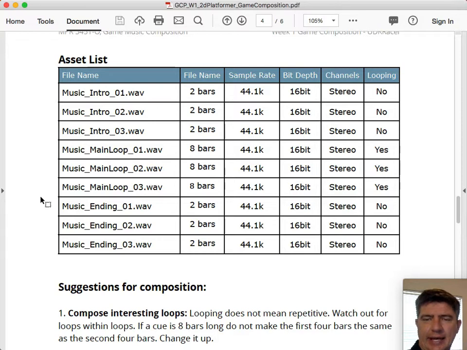Here in the chat, can I add or take away instruments to create variations? I wouldn't necessarily say add or take away. You can get away with that if it's not a lead instrument as much, if it's not too forward in the mix. Typically, a better way of thinking about it is something like you can have different instruments play the lead at different times or in different cues.